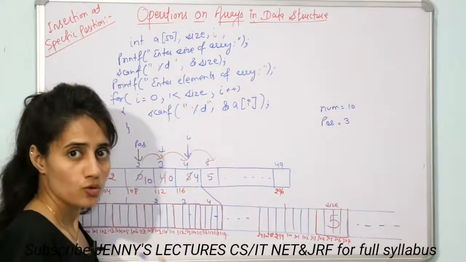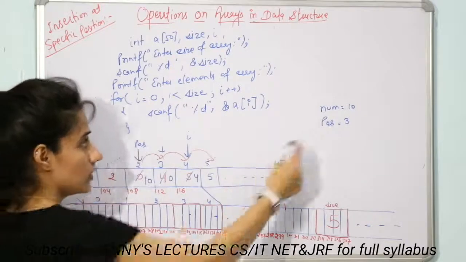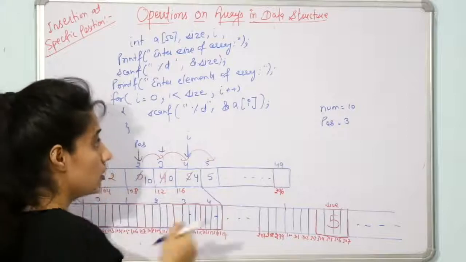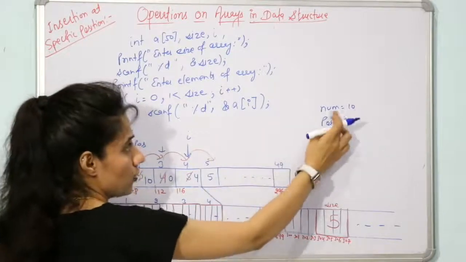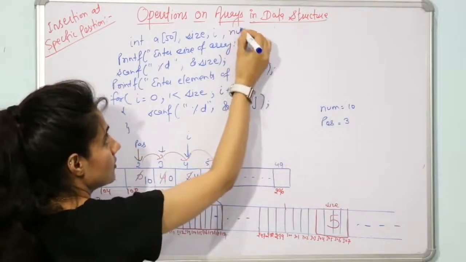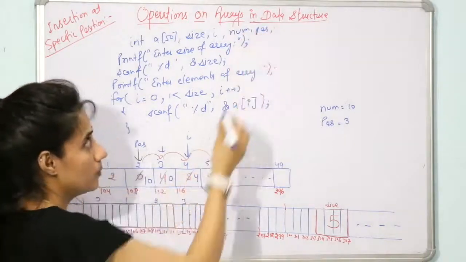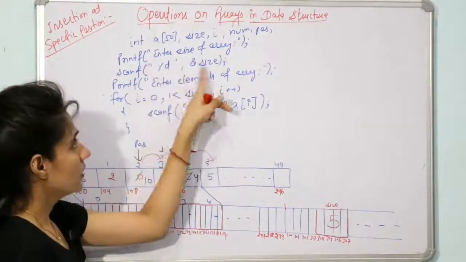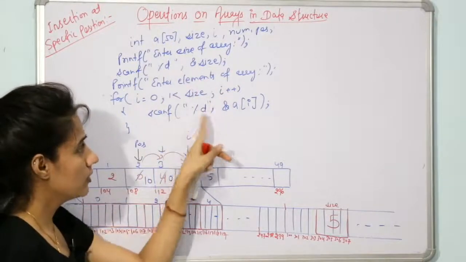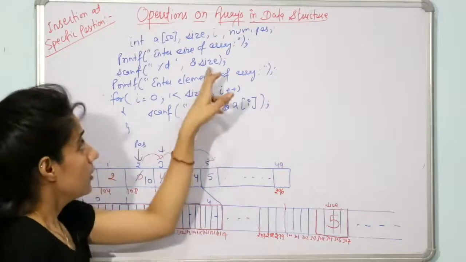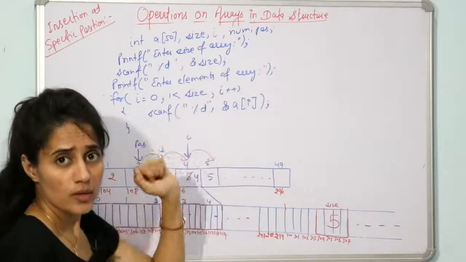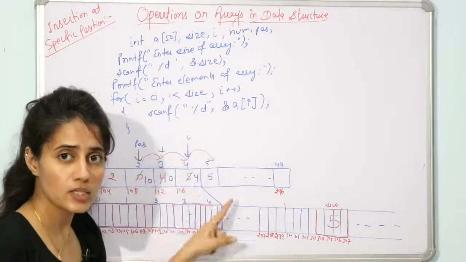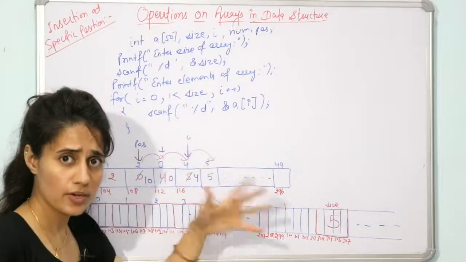So here we are also taking more inputs from the user, that is the number you want to insert and the position at which you want to insert the data. For storing these two values, you have to declare two variables, that is num and pos. Now same as before, enter the size of the array, then enter the elements of the array, and this size of the array should be less than or equal to 50. If size is greater than 50, then you cannot insert any extra element in the array.